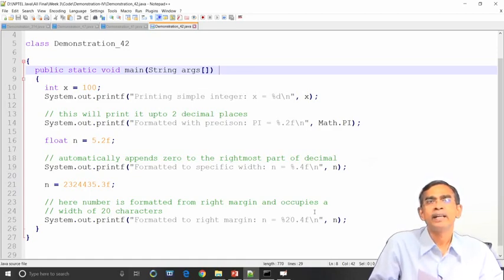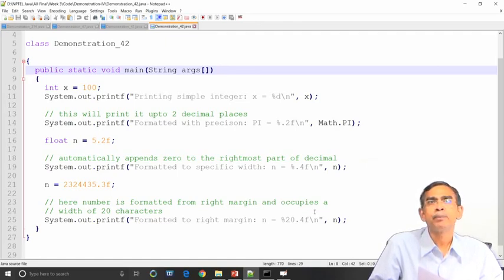Now, again we declare another value, a float, 5.2f, a floating point number. Now, again we can print this floating point number with a different format, %.4f. You can understand what that means. It means that after the decimal it will print up to 4 digits, and before the decimal whatever the value is.